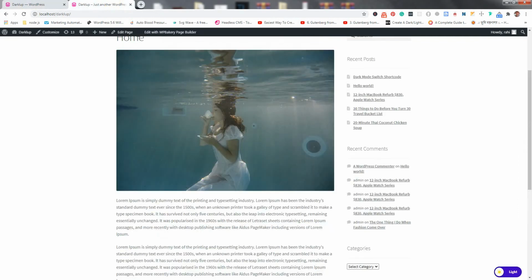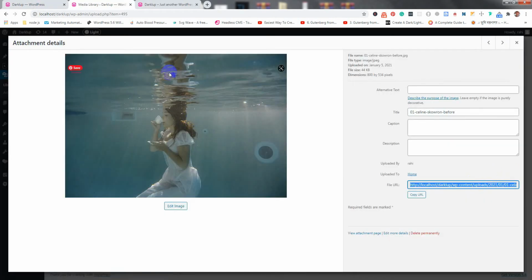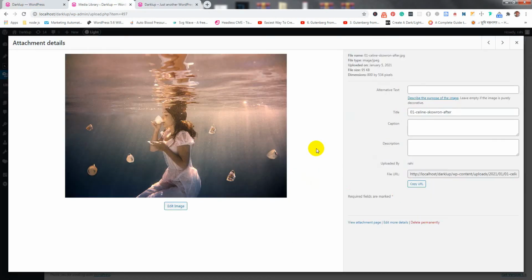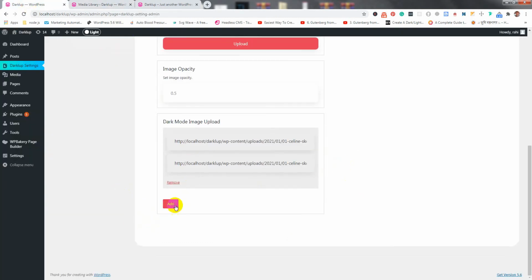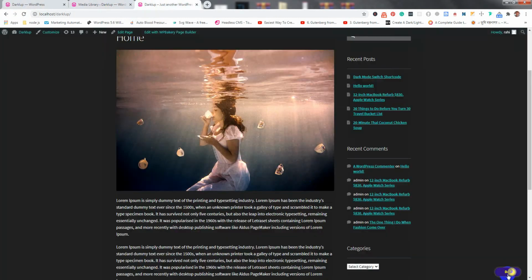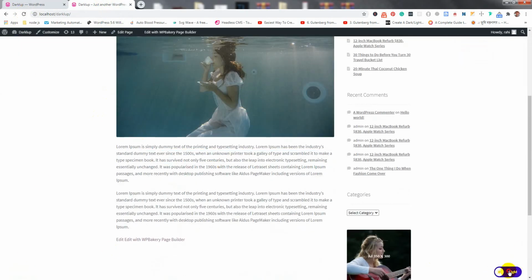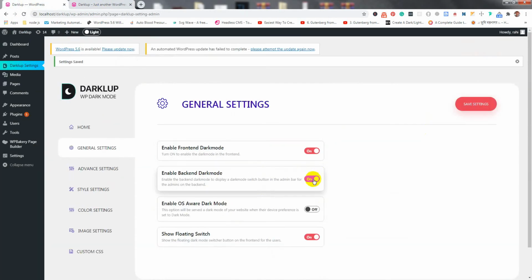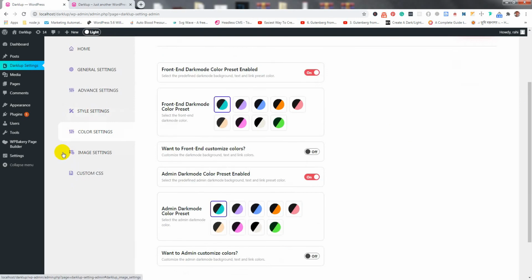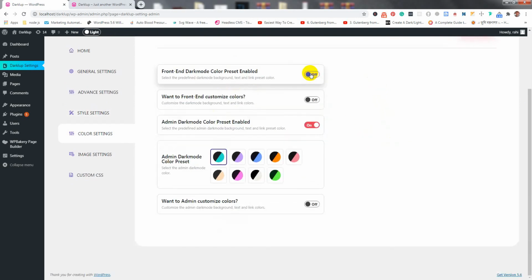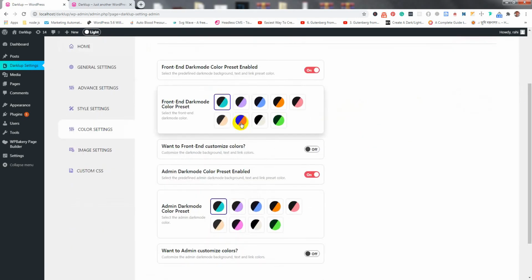While viewing a website in dark mode, this image-supportive dark mode plugin will fulfill the necessity of changing the brightness and contrast of images. You can change the font size of your website text as you need. The night mode plugin allows you to change the color of your admin dashboard, which will create a better environment for you. You can have your desired color scheme with a pleasurable vision of the backend admin page.